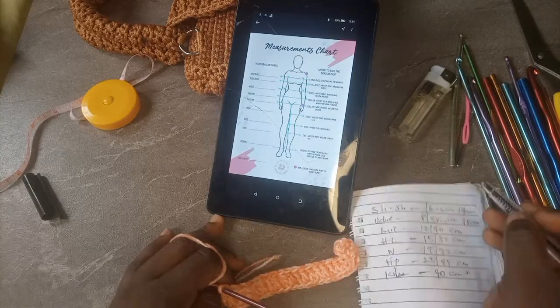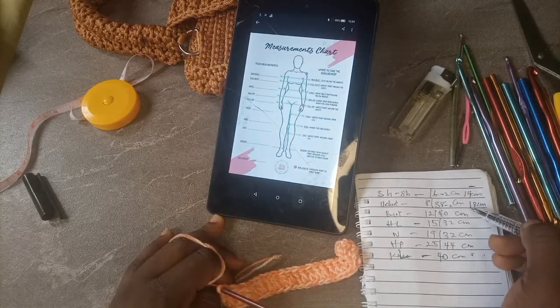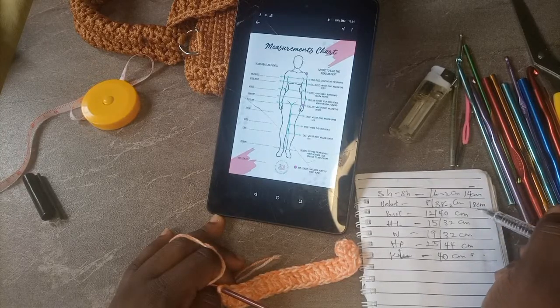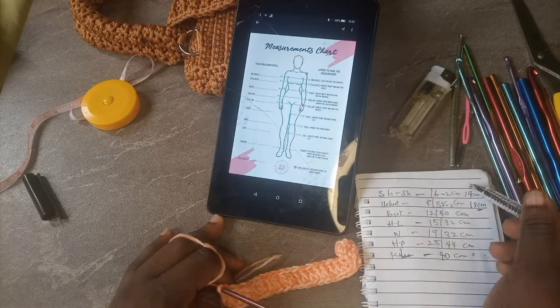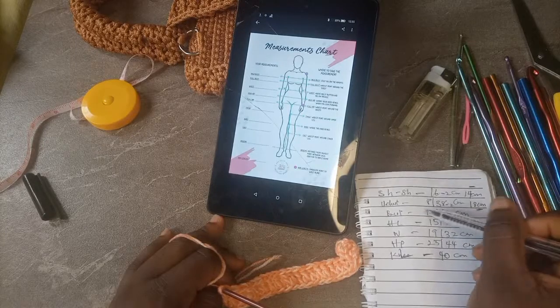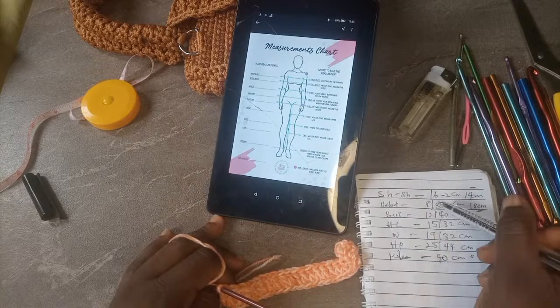All right, so the length from your shoulder measurement to the circumference of your upper chest is 18 centimeters. And the length of your shoulder measurement is 14 centimeters. You understand what I'm trying to say?